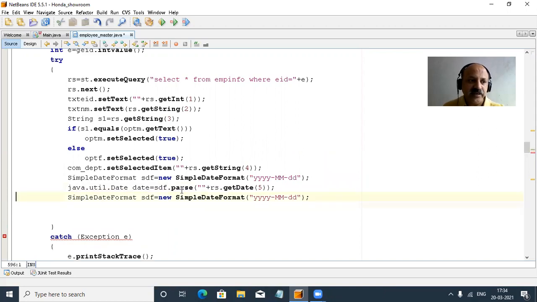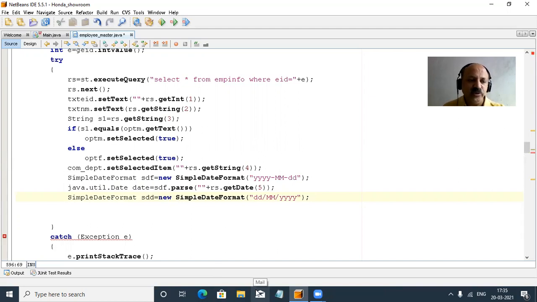Perfectly, and now again we use this simple date format. So I copy and paste, and now we change the format. Yes, first here dd slash capital MM, then four times y. This format is required to come from the database, and we convert and take the utility date and then the simple date format, and again convert to our original database format. Yes, here we can change the object name, since it was giving the error. So I gave it a name like SDD. Yes, so that error is gone.